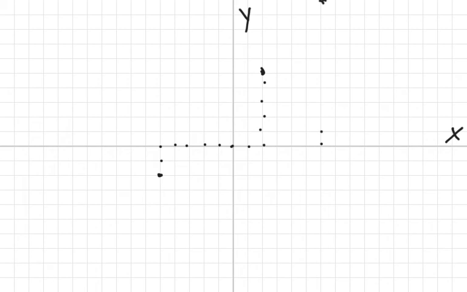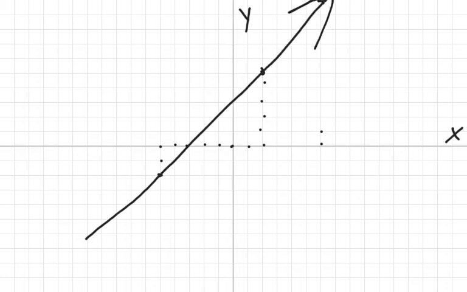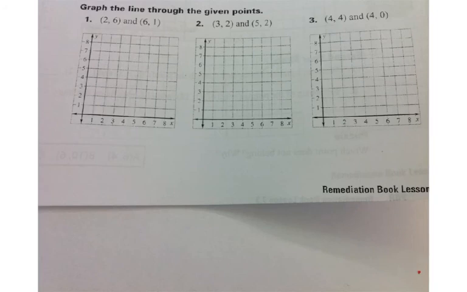10 is going to be all the way at the top. And then I can draw a straight line, as straight as I can, through to represent the graph. So that's how you graph a function. In our next three problems, we're going to graph the line through the given